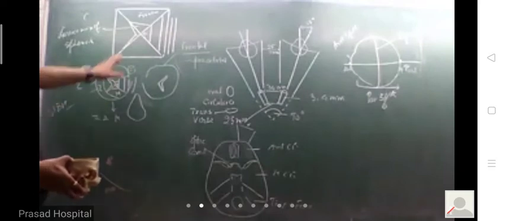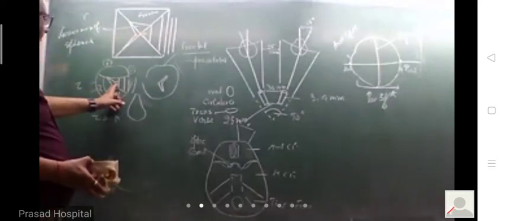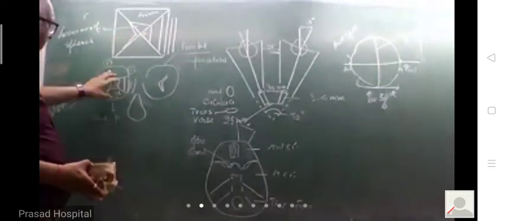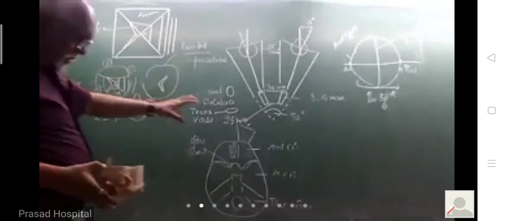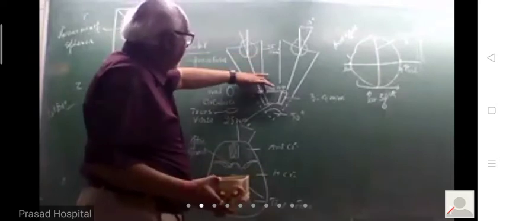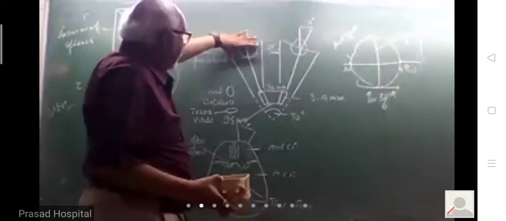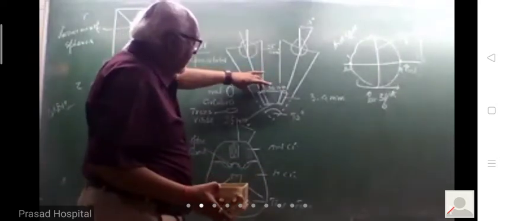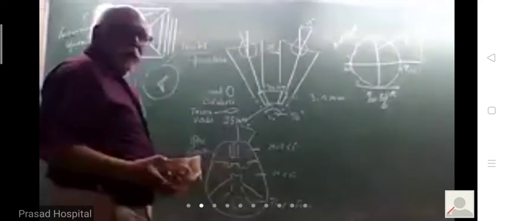The apex is formed by this optic foramen. In the depth, we have a conical shape. You can see the orbit is conical, having a pyramidal shape, a base and an apex. The apex is towards the optic canal.